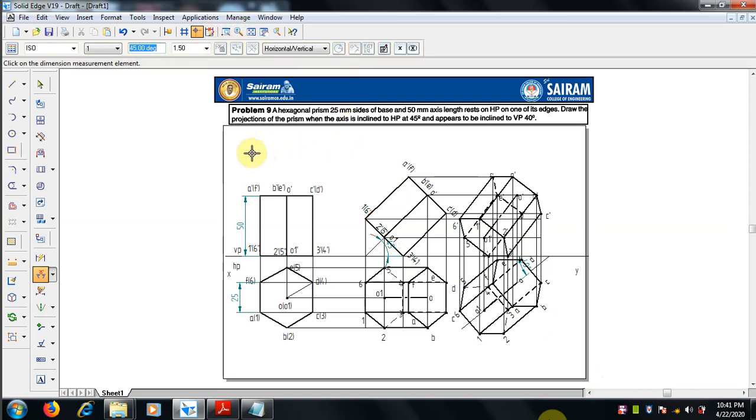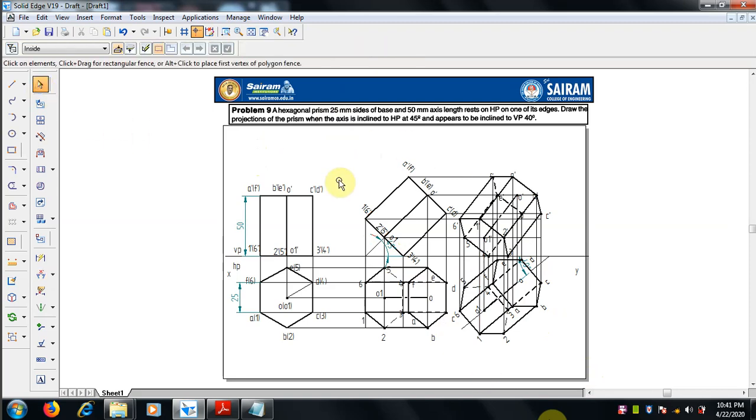All this is over. Then the problem is solved now. Okay, you can keep it for visible, that is fine.